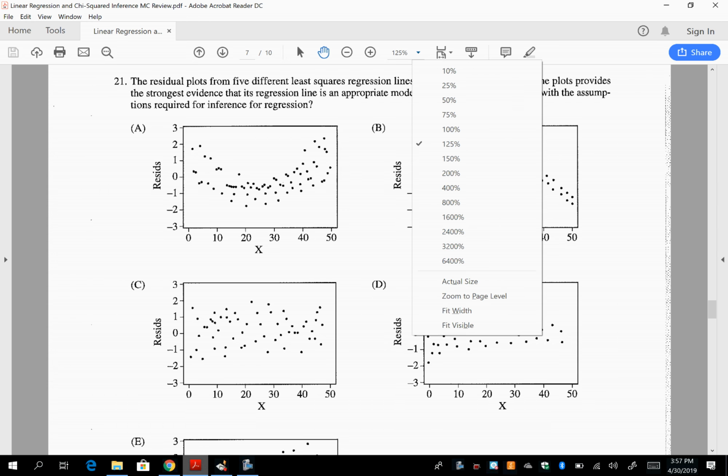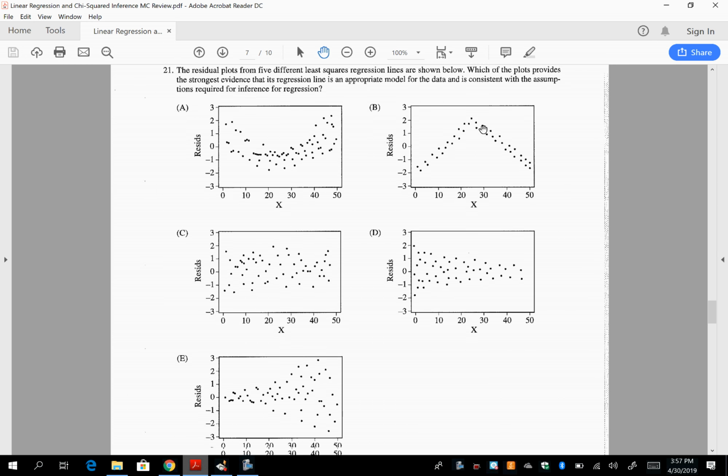All right. 21. I don't think 21 actually required any knowledge about linear regression t-tests. This was just, do you know anything about linear regression? And the key thing, if you do not, then Thursday and two weeks from Thursday is going to be hard. But ultimately, after you run your linear regression,